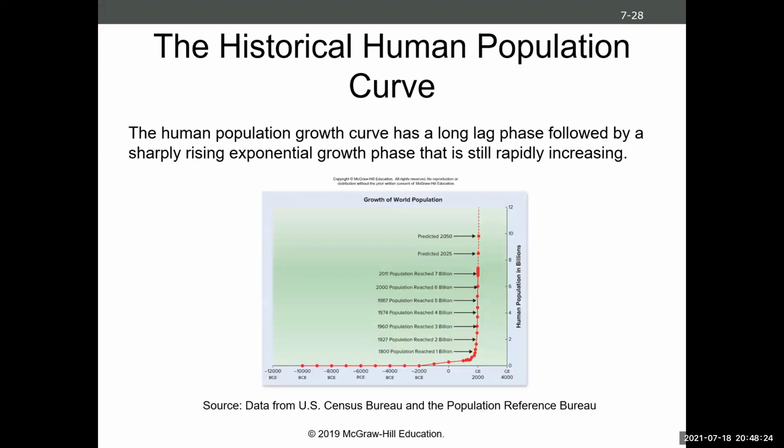And so you get a growth curve that looks like this. We have a really long lag phase, but we have this crazy exponential growth phase. And we're looking at just insane numbers in terms of human population in the next 25 years or so, to where